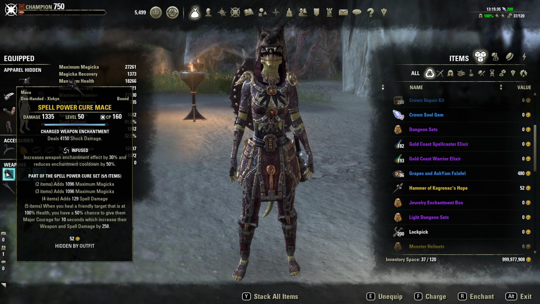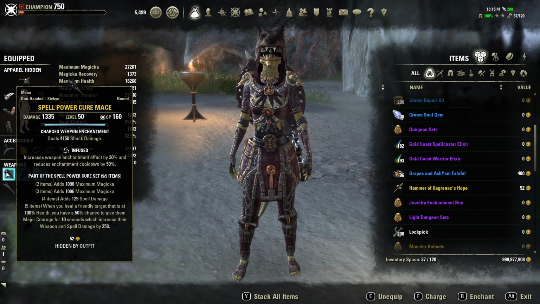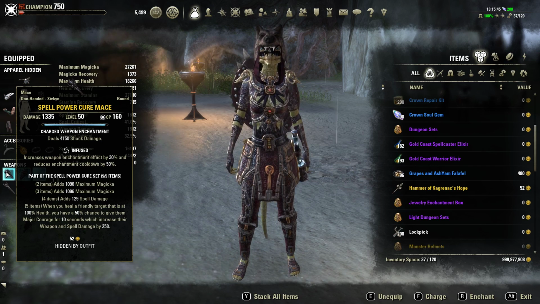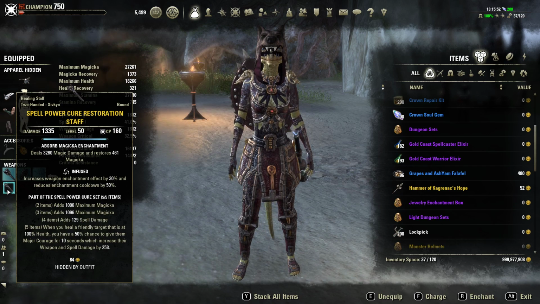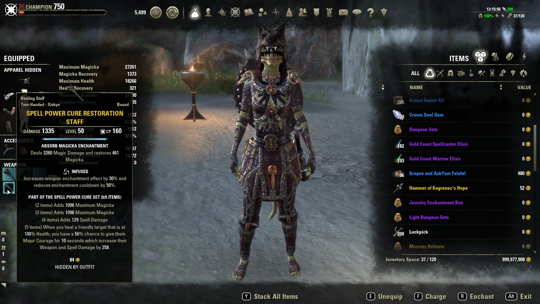So as you can see on the front weapon, we are using a shock enchant on an infused weapon. This isn't to apply crusher, or not to apply crusher, but to apply off balance or anything. This is just to give you extra damage while you're on that melee weapon. So on the back bar, we are using a spell power gear restoration staff. This has an absorb magic